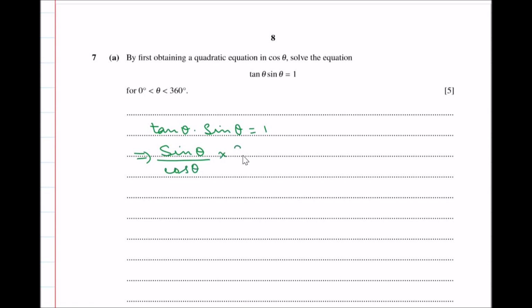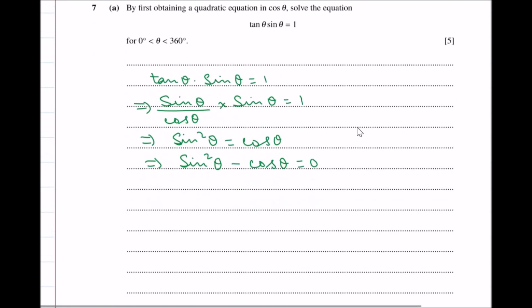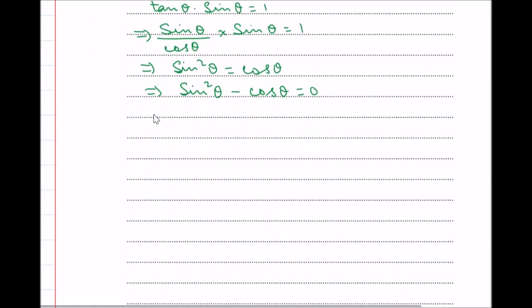And sin theta into sin theta is equal to 1. So when you simplify, we get sin square theta is equal to cos theta. This can be written as sin square theta minus cos theta equal to 0. Now we want a quadratic in terms of cos theta. So from the Pythagorean theorem, we know sin